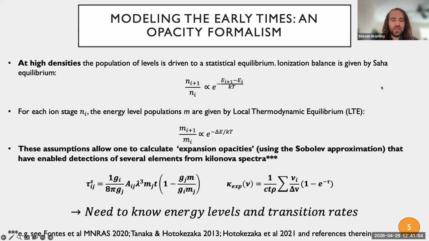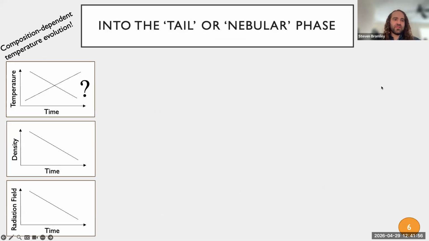the microphysics. And just to build up a sort of mental picture of what's going on, as a function of time, our density is decreasing because this ejecta is expanding out quite rapidly. Our radiation field is being diluted, and our temperature is also evolving quite interestingly in time. So the temperature is still a bit of an open question.